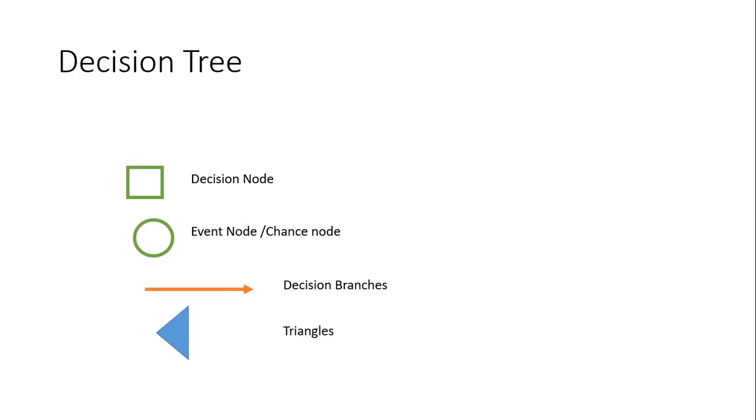From left to right, we will make a tree diagram. Normally the tree is from the top to bottom, okay, but here we are going to make the decision tree from left to right. Now certain representations with symbols, with a symbol of square, as you can see here. So first, when you start any decision tree, you have to start with a decision node. Second, it is a point of uncertainty. The decision maker has to write an event node, that is the chance node.